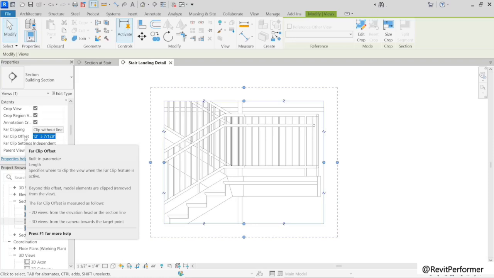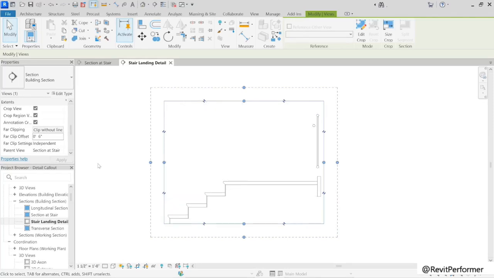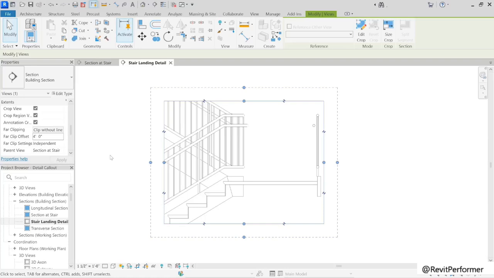Now you can put in any value you want here. Let's put in something really dramatic like 6 inches in imperial or 150 millimeters in metric. And that's probably a little too much, right? Notice that I've certainly focused on the landing, but I've cropped out everything else. I'm not seeing any part of the stair, and we might want to see some of the stair for context, right? So you can essentially take an educated guess here and do a little trial and error. I've done that, and 4 feet in imperial or 1200 millimeters in metric works pretty well. And that crops out any of the geometry that's off in the distance that I don't care about, but it shows me enough of the stair that we've got the context we need for this detail display.